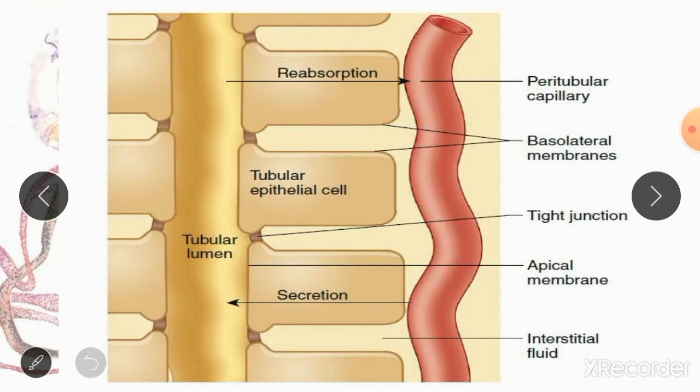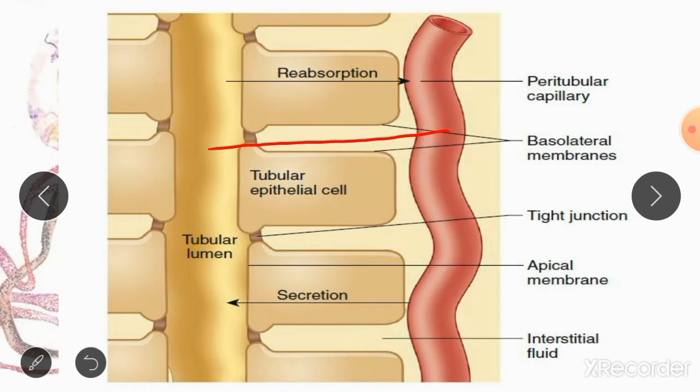picture of a part of a nephron, and this is the lumen of the nephron which contains the filtrate. These are the epithelial cells which form the walls of the nephron. Here you can see the interstitial space, and here are the peritubular capillaries. So any substance which needs to be reabsorbed must pass through the epithelial cells, the interstitial space, and then reach the peritubular capillaries. Or another pathway is that it can pass between the epithelial cells to the interstitial space and